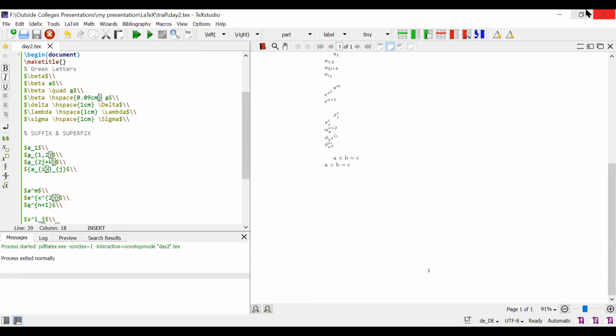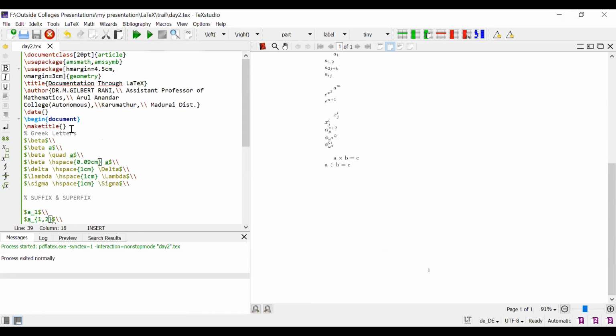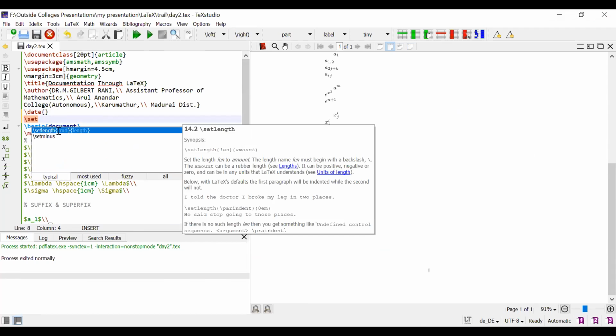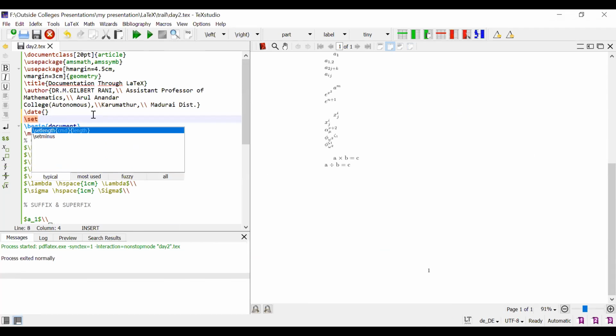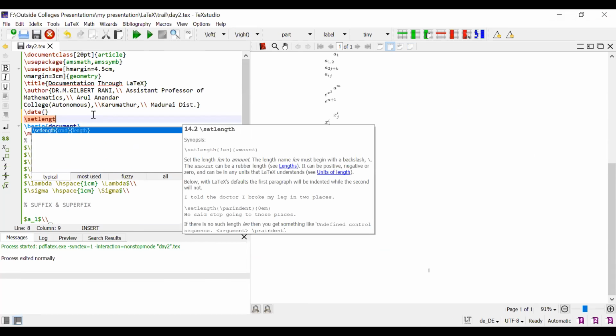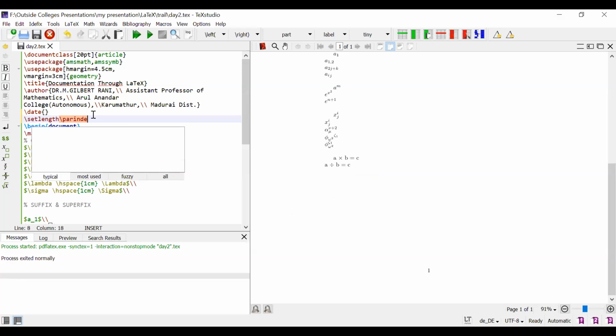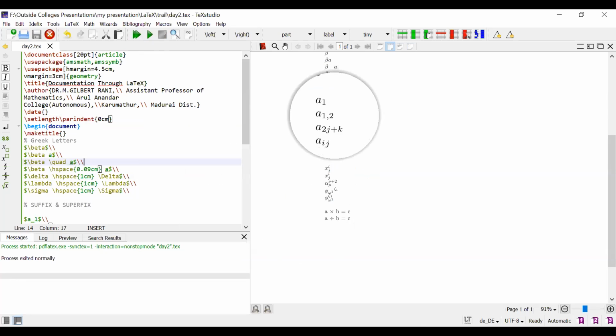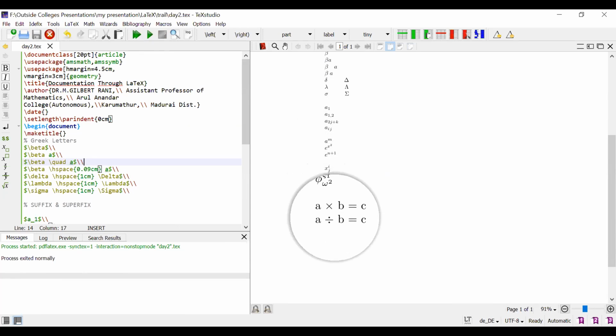One minute. Set length, or indent. Because when I use the new things, I get some space.